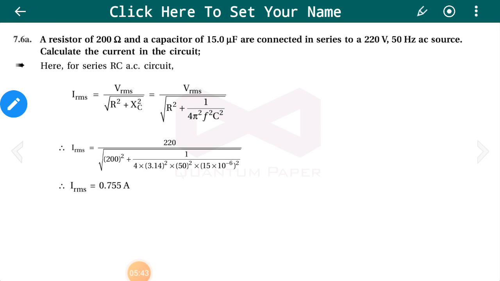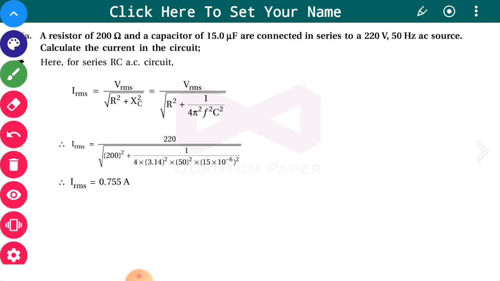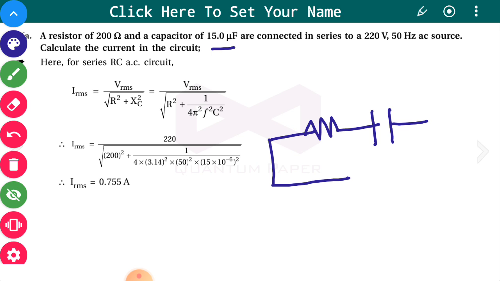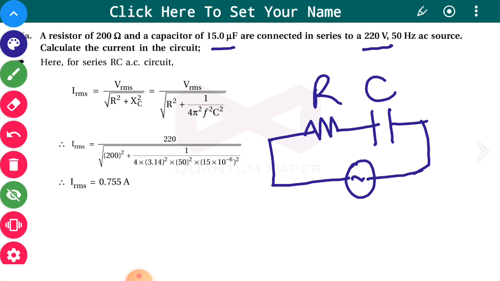Now 7.6, it has three different parts. A resistor of 200 ohm and a capacitor of 15 microfarad are connected in series with the AC circuit, so it is an RC circuit. The voltage VRMS is 220 volt and the frequency is 50 hertz. Calculate the current. First of all we talk about impedance, and impedance is nothing but, as you